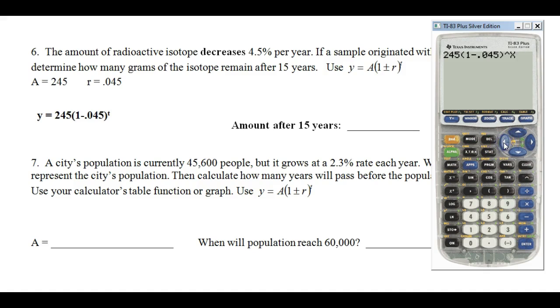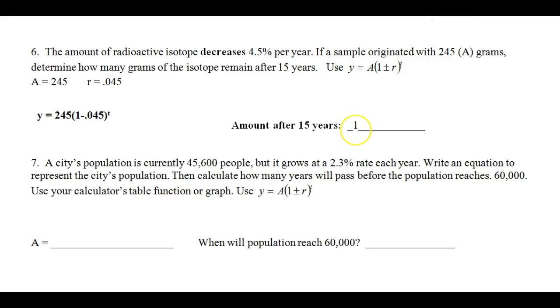But wait, you're like, why am I using x? I know how many years. It's 15. So I can just type that value in. Now, if you did do it in y equals, and you put it to the x, you just scroll down to 15. That would work too. So I hit enter. It looks like we're going to have about